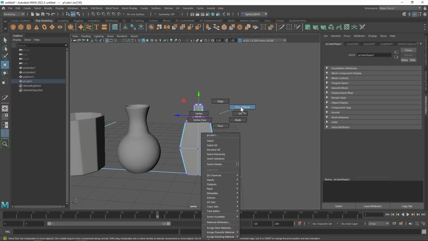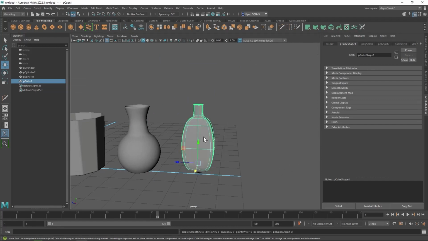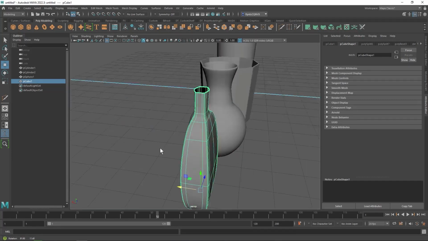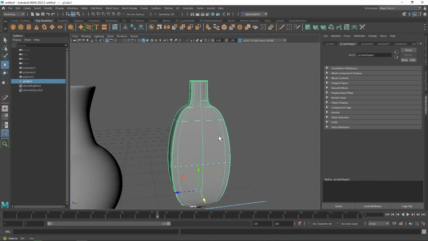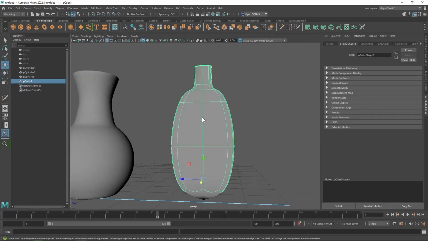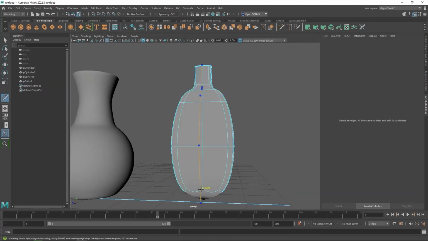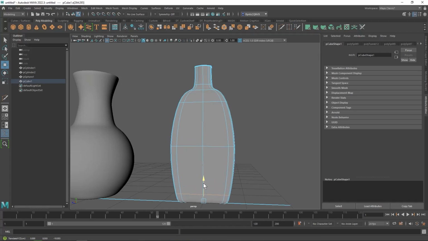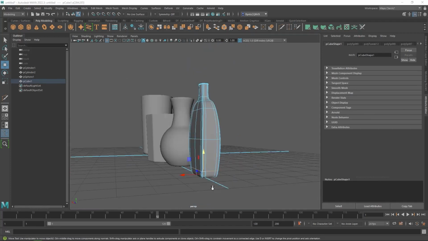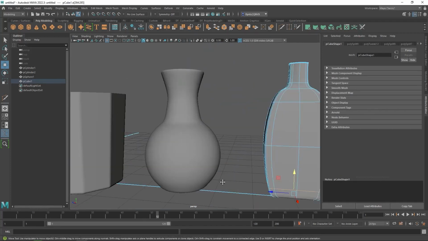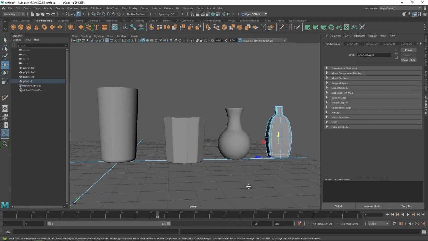And let's see what that looks like when we smooth it. And that looks pretty interesting. Needs a control loop down here at the bottom. So I don't know, there's lots and lots of different things you can do to make glassware, and I encourage you to explore and be creative